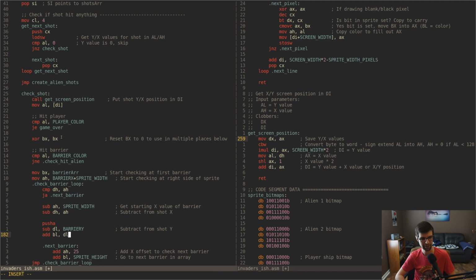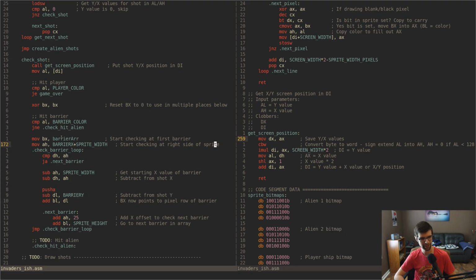And I'm going to add that to BL. So BX now points to the pixel row of the barrier. Since we set up BX as the barrier array, each barrier is 4 bytes. Since we found the X value that we're going into that, that's good. For the Y value, since BL will point to the start of the barrier, if we add the Y value offset into the current sprite, the barrier sprite that we hit, that'll be the current byte of the sprite in